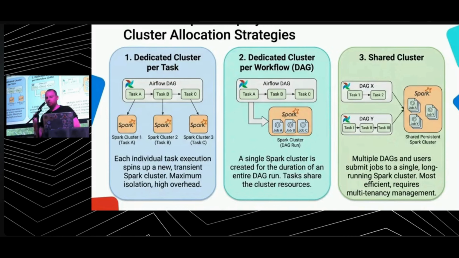Another option is to use one cluster for the entire workflow. For each DAG, you start a new cluster and finish it at the end, and you use the same resources. That's a bit better, but the steps will be competing with each other, so we have that problem at the end. And finally, we can use one huge cluster for all of our Airflow DAGs. The issue is that we need to manage the capacity there. It requires a lot of planning, and a lot of attribution to understand who is doing what in this huge cluster and how much it costs. It's much harder.